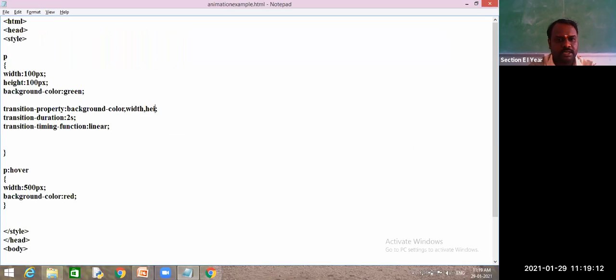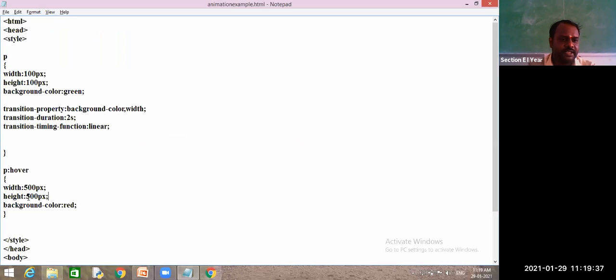Comma, height. And here I won't give height. Here I will give height, 500 pixel. Yes, here it applied immediately. Height is applied immediately, but width is not applied immediately. Did you observe this one?